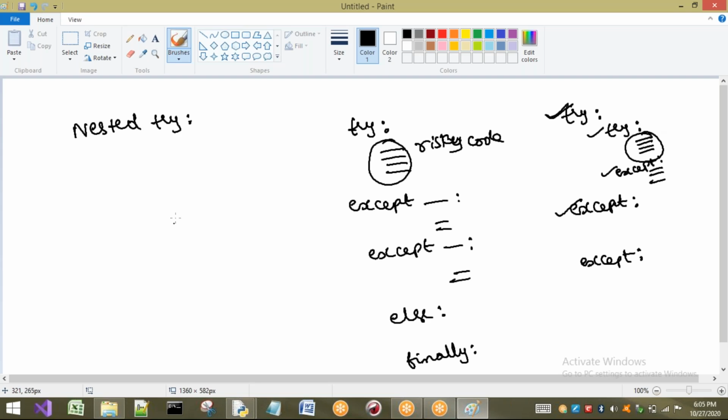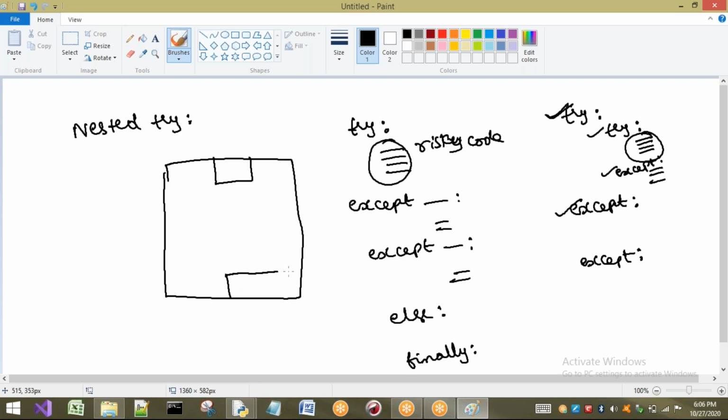For example, I am going to take one small example. This is a shopping mall. Here, this is one entrance. These are the movie cinema halls. For example, these are the two screens we are having, screen 1 and screen 2. The remaining are different types of shops.